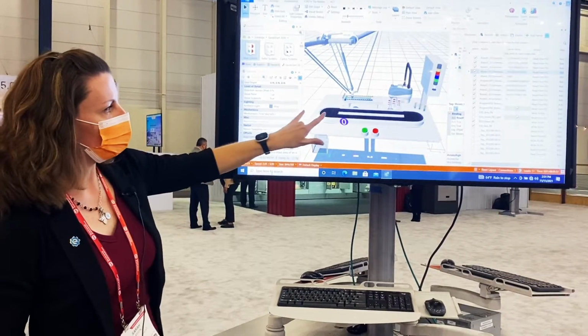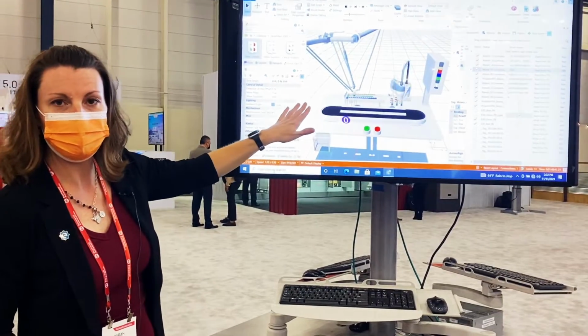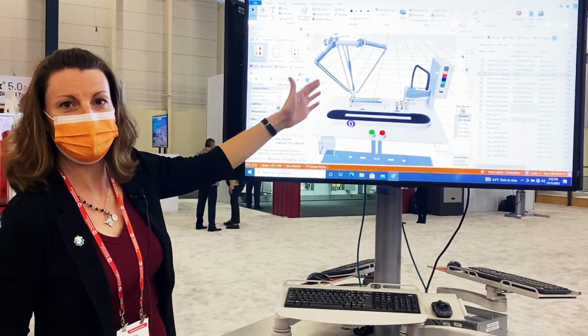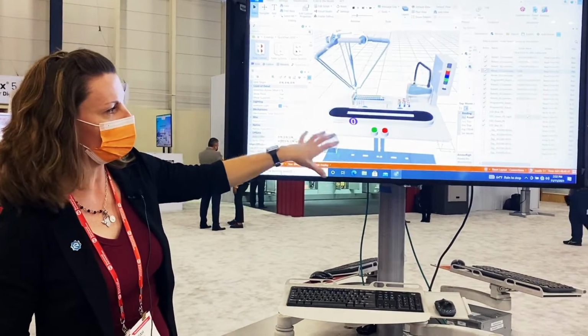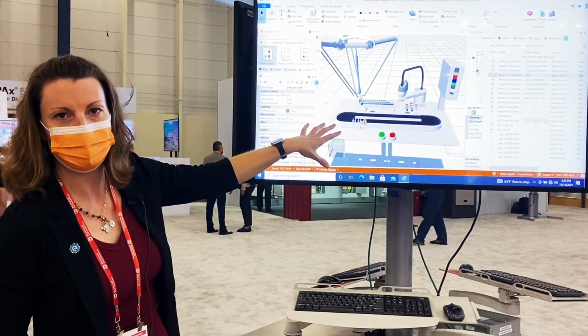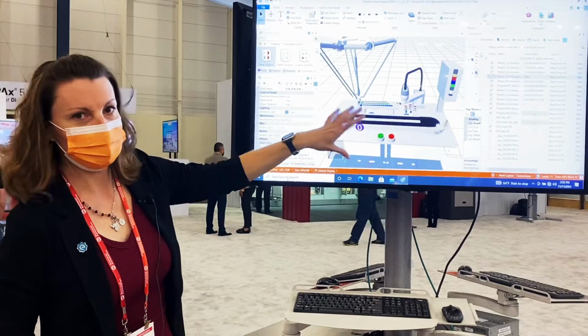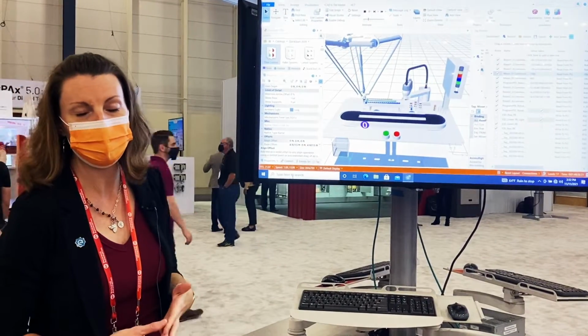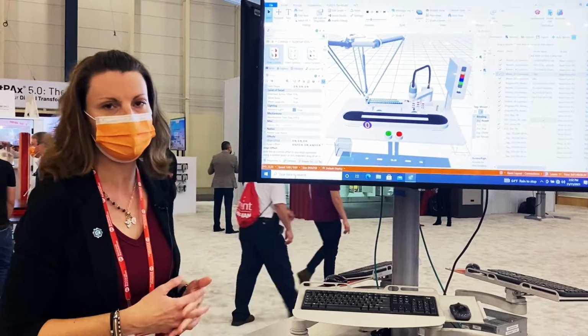This allowed us to check where the robot envelopes would be if they would hit each other, or if they would hit our mounting plate, or if they would actually be able to make contact effectively and coordinate movement with our conveyance system here. So that was the first part of our simulation, and as I'll show you later, this is a real-life model we have built here for our show today.